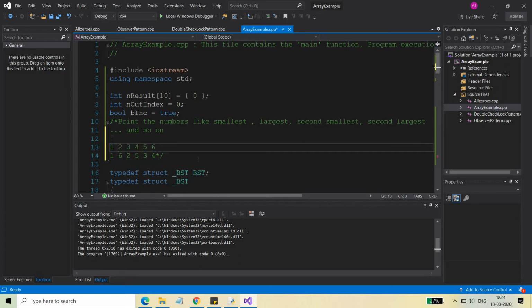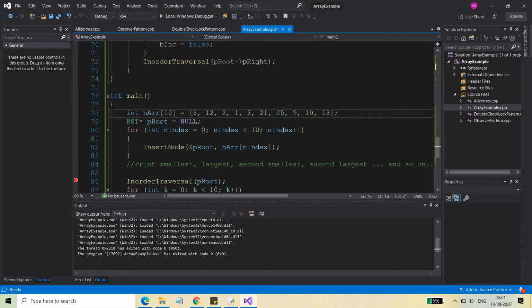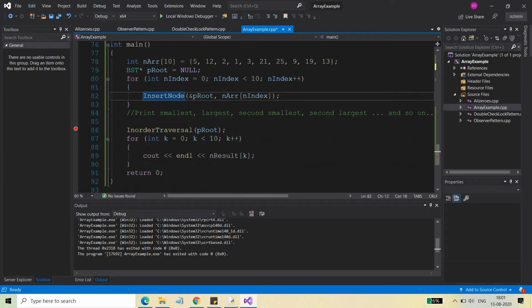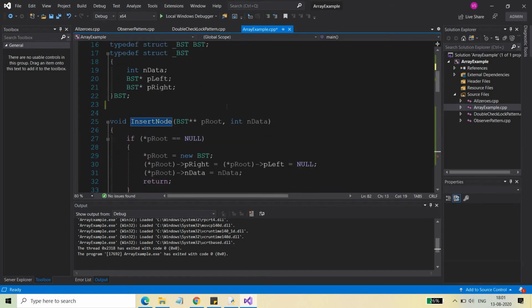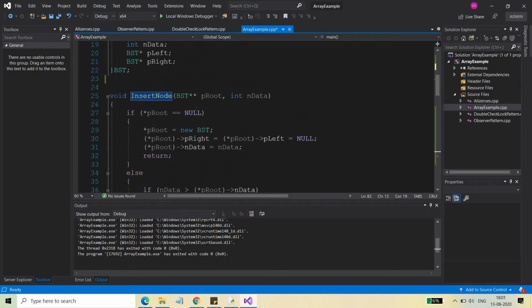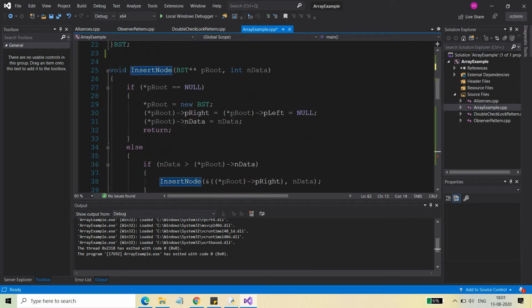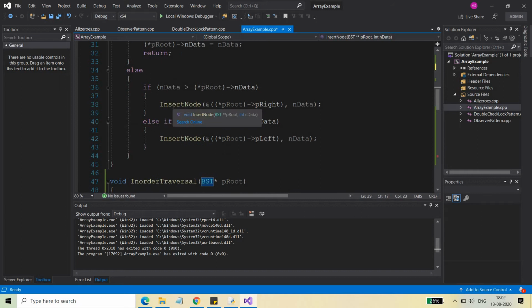So we have this set of integers which I need to store in the binary search tree. To store them, I have written a function insert node, and I am inserting all these elements using this function. If you have seen my previous video, this is the same algorithm for inserting nodes in the binary search tree, and I'm not going to explain how to write it. It's basically a recursive algorithm and you can easily understand it, and I will put all this code in the description section, so you don't have to worry about it.